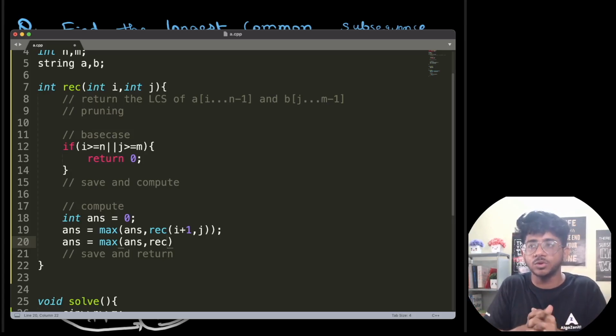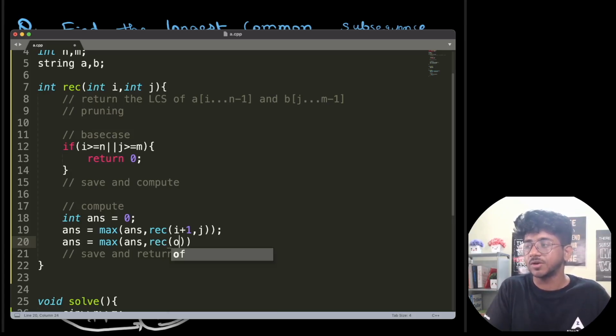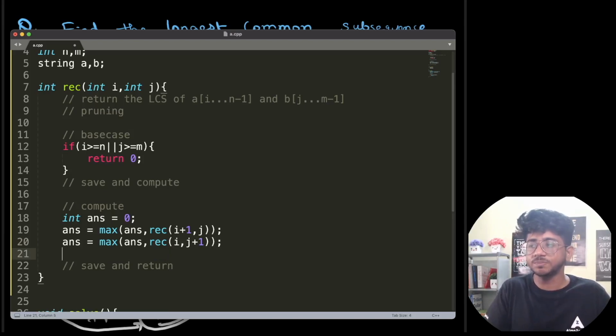Don't think that we are doing it only once. This is what we are doing. We are exploring all possibilities like brute force, but we are caching it up and we are saving the best of all these options in the answer. Now, if you discard it from the j, then it will go to j plus 1. And if